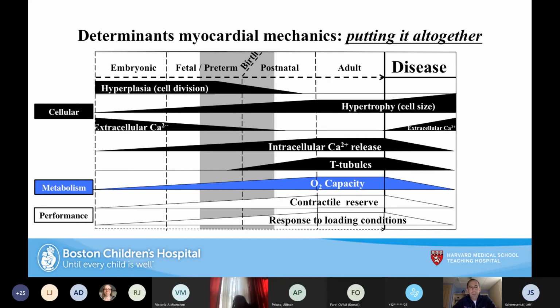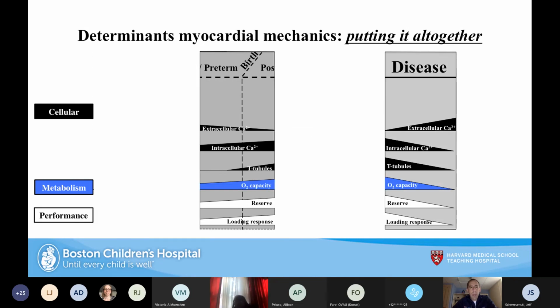But what's very interesting is you look at that preterm heart, and it actually mirrors what we would find in an adult disease state. But we know that not all preterm hearts are diseased. However, we have to handle this with extreme care